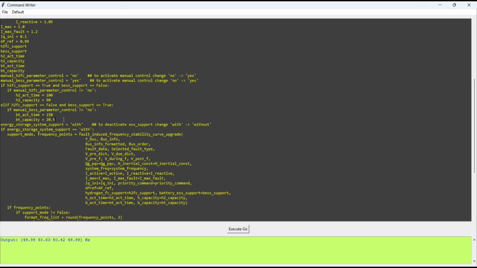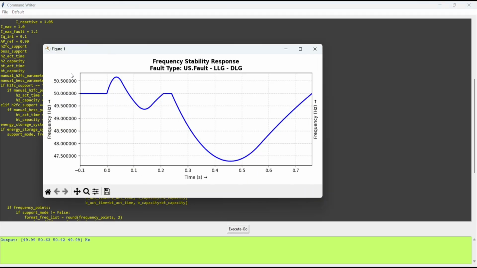To maintain the battery health, this logic is made. Now if I set the battery capacity to 20.5%, it means 20% is power which I cannot use, so only 0.5% battery is remaining which is usable. Now in this condition, if I click on executor go, then you can see a curve where after an initial small